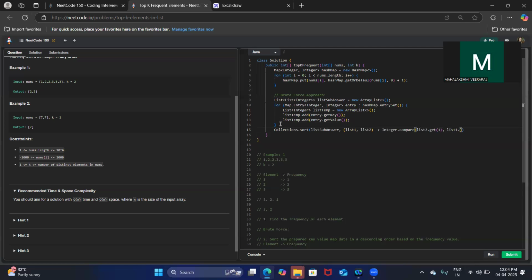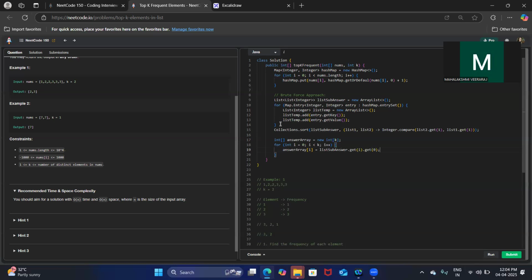That's the requirement. That's it. Now we are going to prepare this answer array. So let me return this answer array.